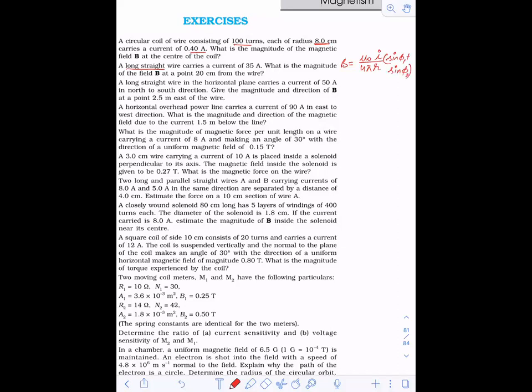Correct? Now, because we have an infinitely long wire, phi 1 and phi 2 both tend to 90. Hence sine phi 1 plus sine phi 2 gives us 1 and 1. So the magnetic field at any distance r is written as mu naught 2I upon 4 pi r. Now you can solve this question. I hope you can solve this now.